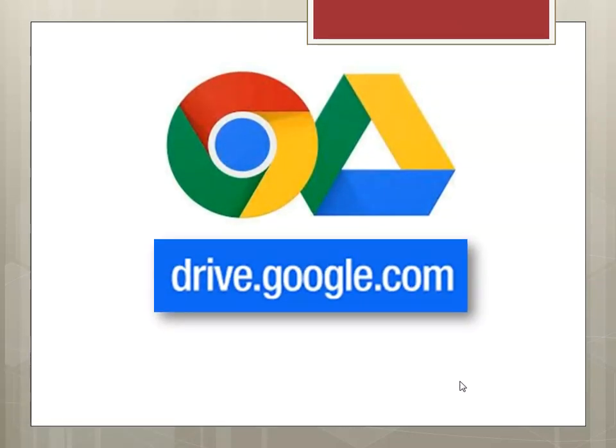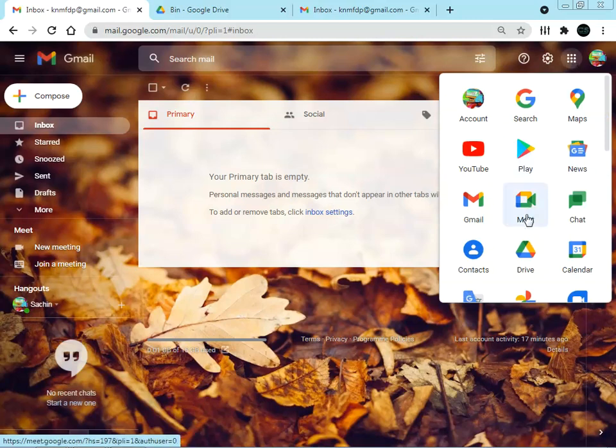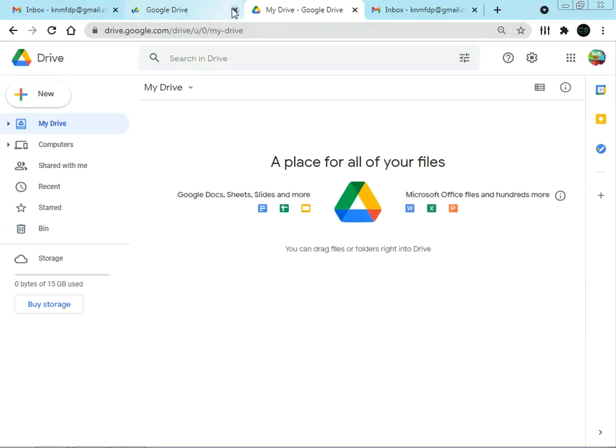We just have to sign in to our Gmail account, and with the Gmail account we can directly sign in to our system. So we are signing in to our Gmail account. This is our Gmail account. In this we can go to the Drive option with the help of the Google apps icon, the nine dots on the right side. Click on this and you will get the Drive option. Select it and you will get your Google Drive.